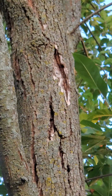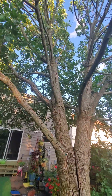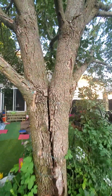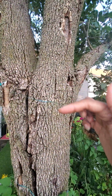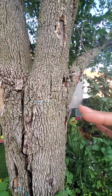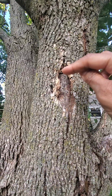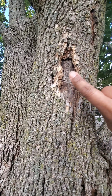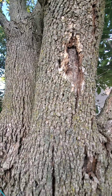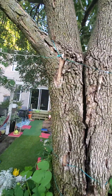There is extensive damage from these critters. So what happens is the critter lands on the tree, lays eggs. The eggs dig into the cork, past that layer to the softer layer, and they feed on that. And the telltale sign is these zigzaggy marks. That's the little worm as it's growing and it's eating, and then when it reaches its growth, it'll dig out. And it has a flat head, so usually when it digs out, it gives like a D-shape